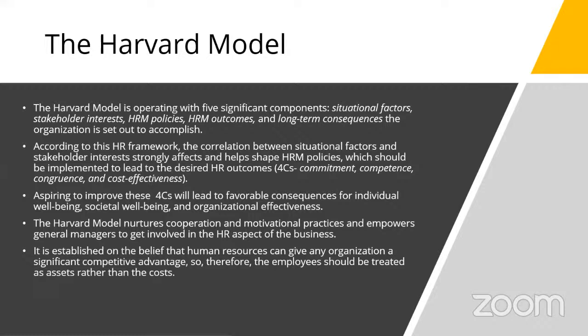According to this HR framework, the correlation between situational factors and stakeholder interests strongly affect and help shape the HRM policies, which should be implemented to lead to the desired HR outcomes, which we consider as the 4 Cs. And the 4 Cs will come out as commitment, competence, congruence, and cost effectiveness. Aspiring to improve these 4 Cs will lead to favorable consequences for individual well-being, societal well-being, and organizational effectiveness. So Harvard believes that with the structure that is put in place, the individual, the organization, and the society will all have